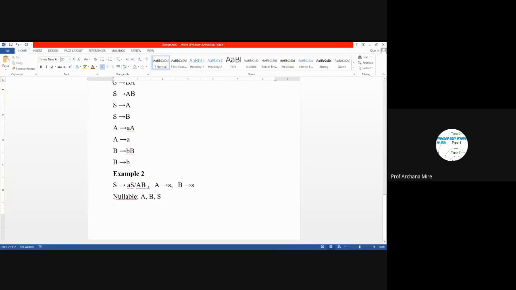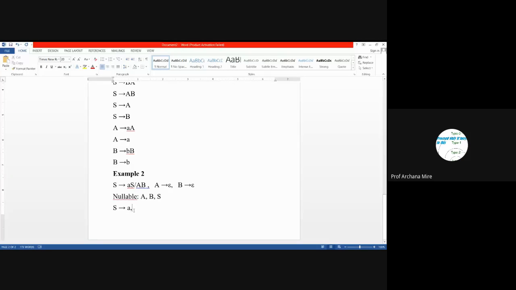So now the first step is over. We have identified nullable symbols. What is the next step of removing epsilon production? Next step is for each production rule, remove one or more nullable symbols and insert new production rule. So here S leading to AS, AB. We will talk only about the first production rule, that is S leading to AS. As we are aware that symbol S is nullable, we can remove this symbol S and we can insert a new production rule, that is S leading to A.